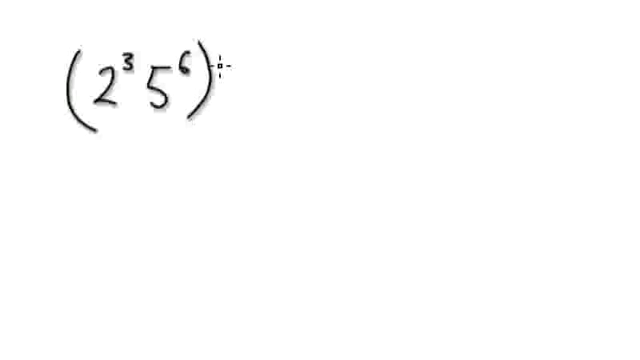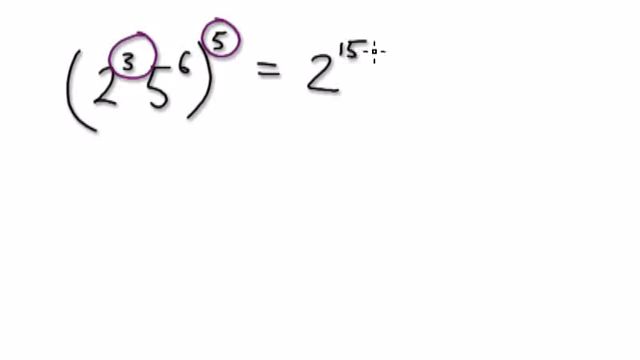Okay, what that means is that if you have, say, 2 to the power of 3, and then 5 to the power of 6, and then you maybe power it to the 5. Well, what that means is, it means this: get this times this, so that would be 2 to the power of 15, and then times 5 to the power of 30. Okay,